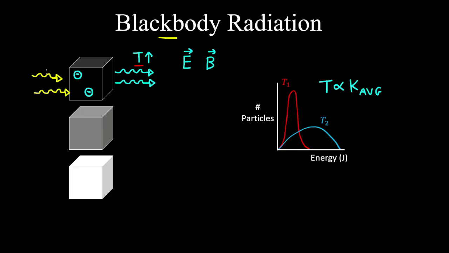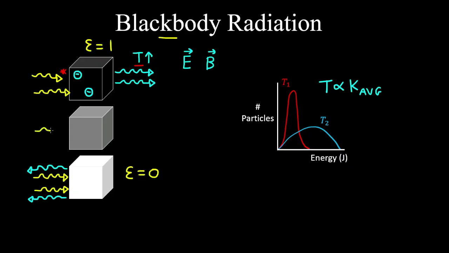So a black body is a perfect absorber and emitter of radiation. So note that it does not transmit the incident electromagnetic radiation and it does not reflect it. So we say the perfect black body has an emissivity of 1. And at the other end, if you have electromagnetic radiation that's incident on a white body, then none of that gets absorbed and all of it gets reflected. So therefore the emissivity of a white body is 0.